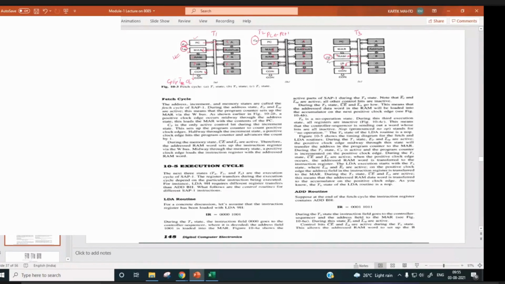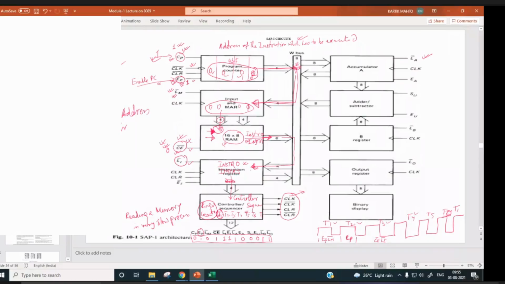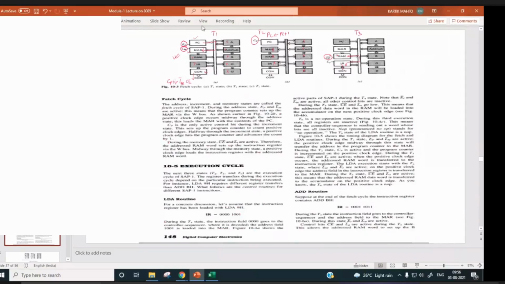So all other control signals here, only this one is active, this one is active, rest are inactive. This is not working, this is not working, right? All are inactive. So that's why during T1, the PC and MAR are not shaded, to indicate these two circuitry are active during T1.